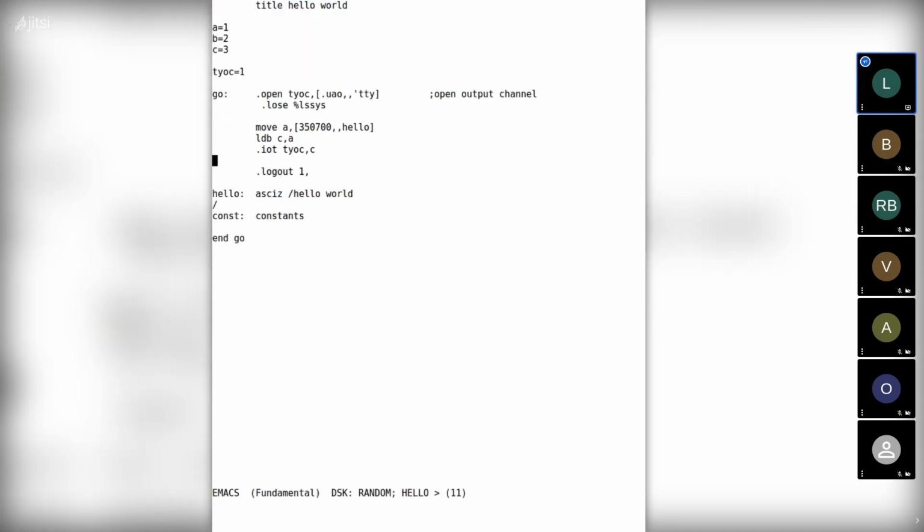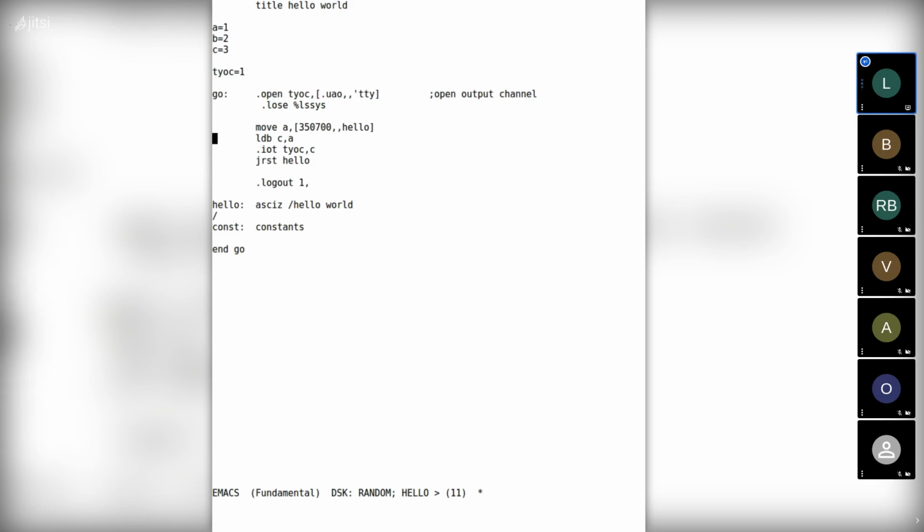So we need to make a little loop to output the full string. There is a jump instruction, but for some reason, which we don't need to go into here, the usual jump instruction is called JRST.